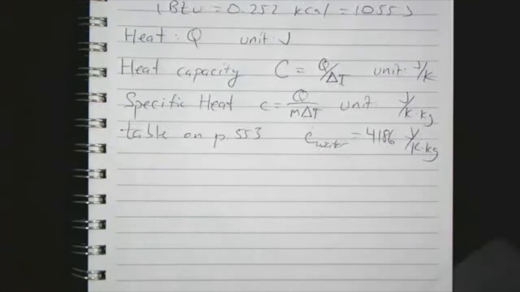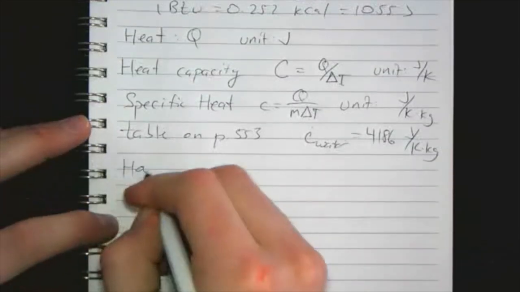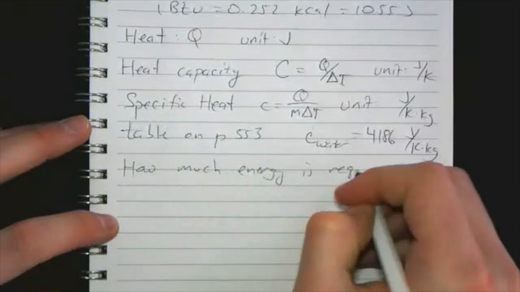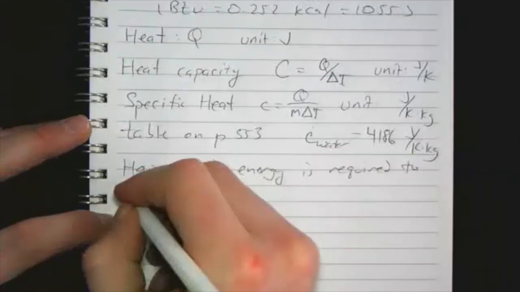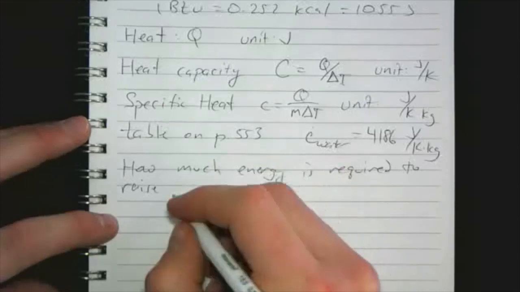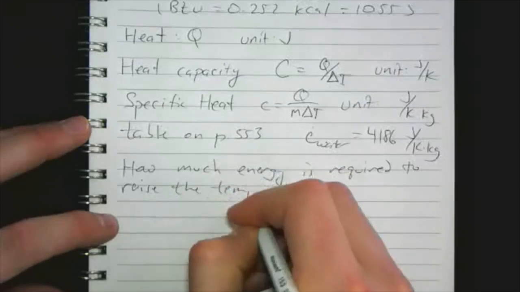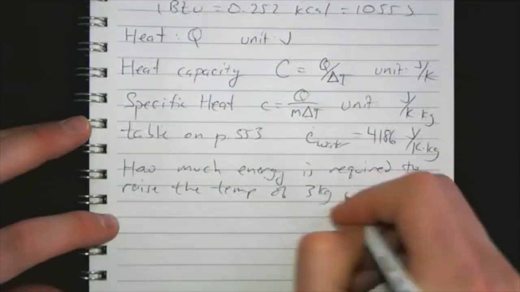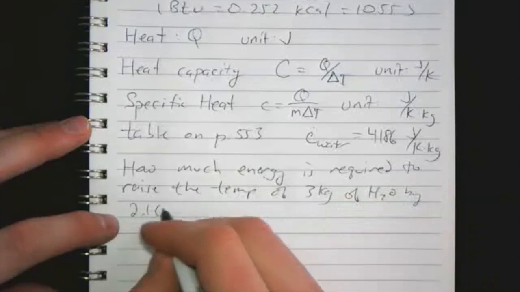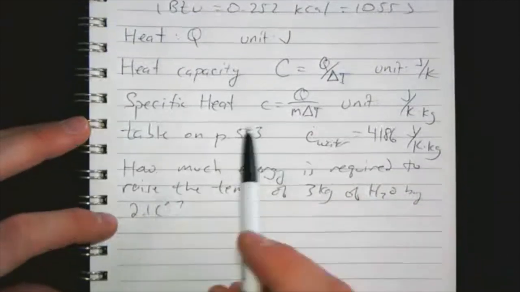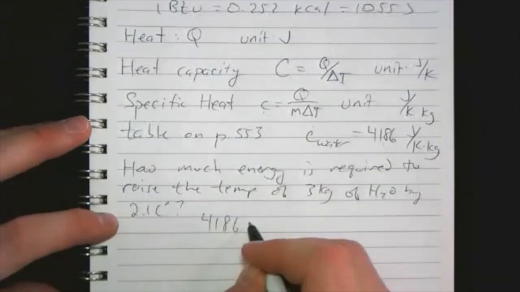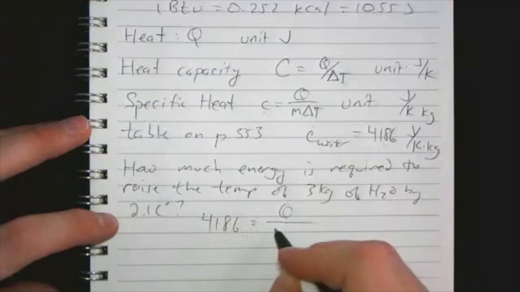So if I ask you, how much energy is required to raise the temperature of 3 kilograms of water by 2.1 Celsius degrees? This is just a simple application of our specific heat formula. Water has a specific heat of 4186, and we set that equal to Q over mass times